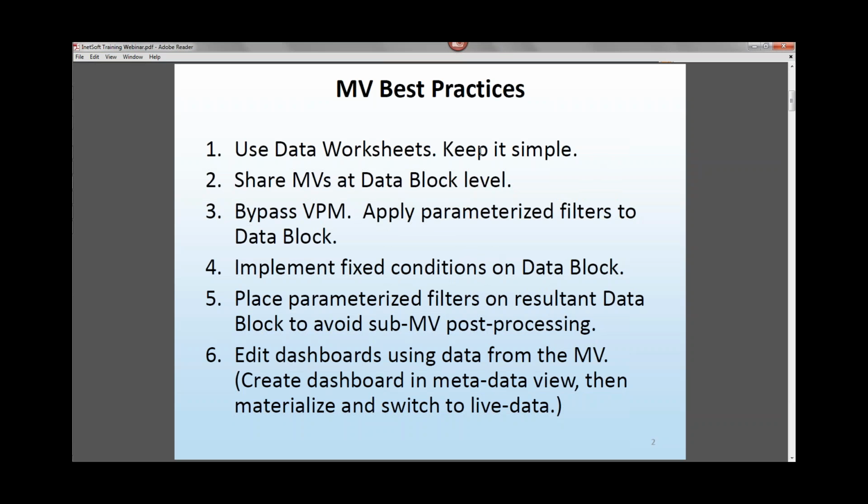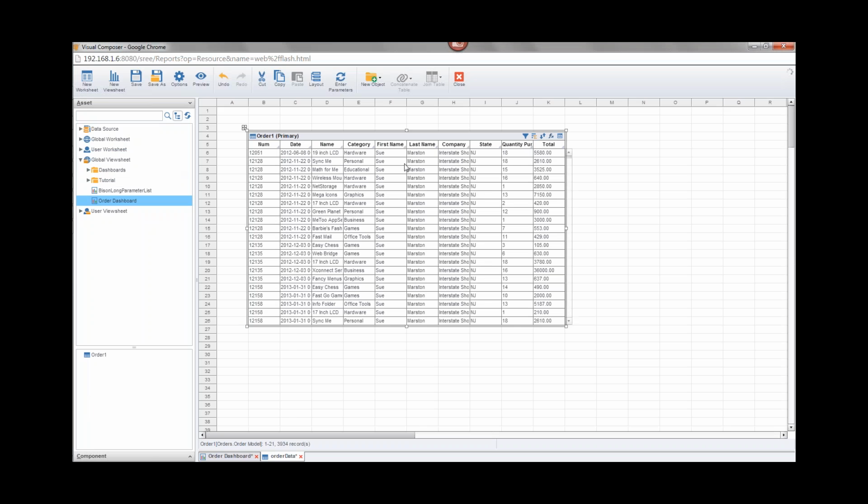Okay, so that's number one. Number two, share MVs at the data block level. What does that mean? Because the data blocks are what is being materialized, taking a look back at our data worksheet here, what's actually being cached is this data block. You can take advantage of that fact by building multiple dashboards that use the same data block. So let's say you've got a set of dashboards that you want to build. If you can find a way, and in many cases it's not that hard, to base those dashboards all on the same data block and the same data worksheet, then the server will only